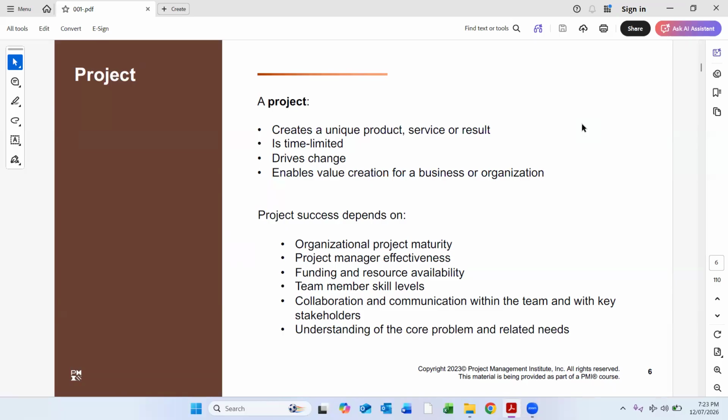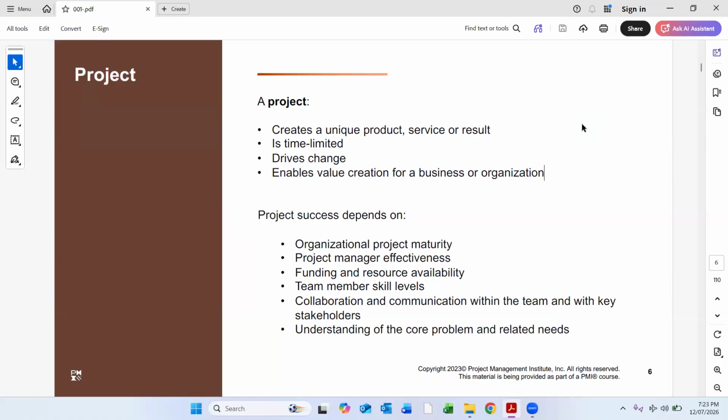So how the project succeeds is based on organizational project maturity, the project manager's effectiveness, funding and resource availability, the skills of the team members, the communications, and understanding the core problems.